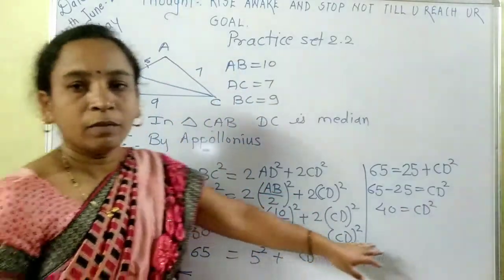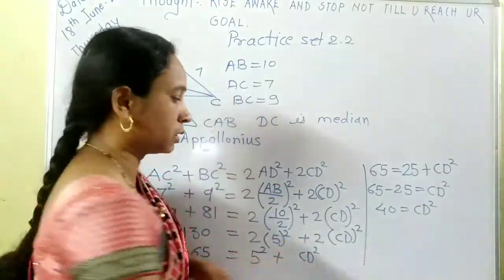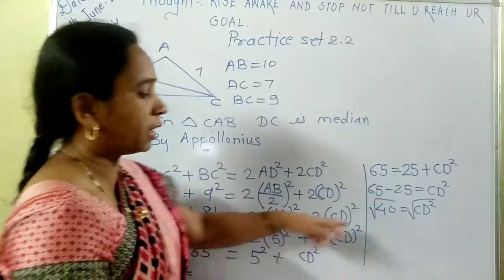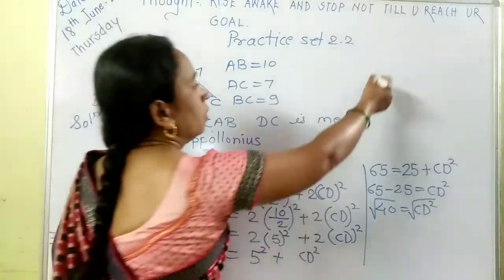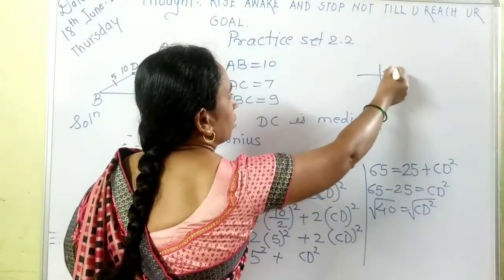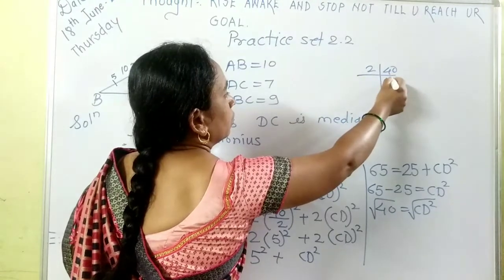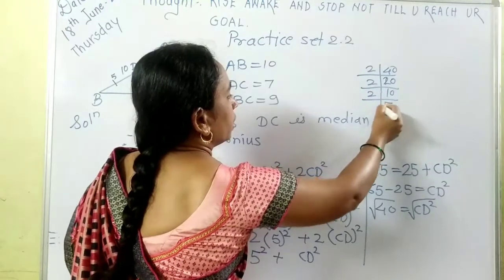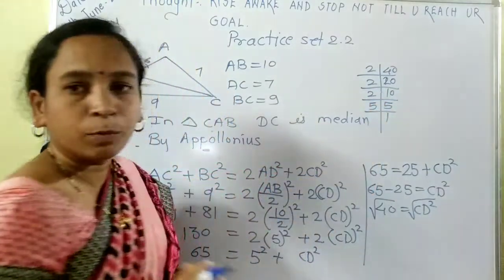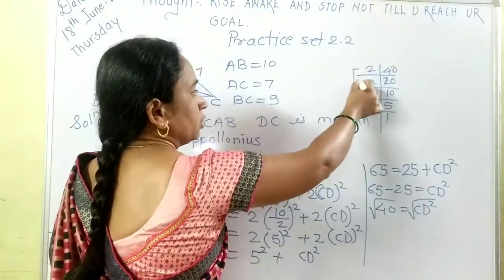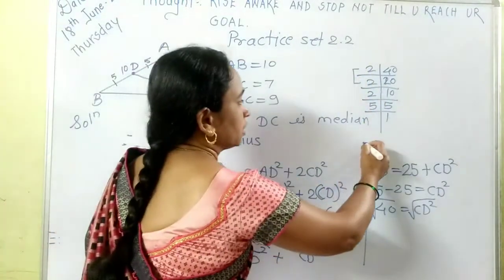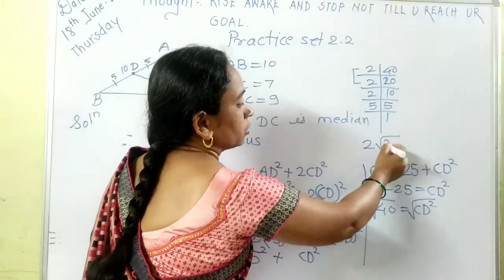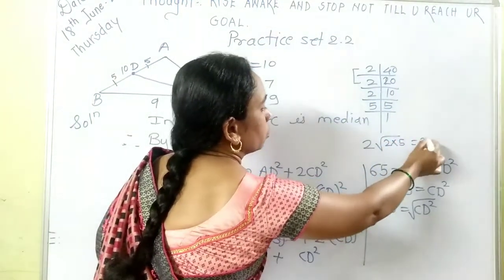Now we have to take the square root of both sides. So in this case, how do we find the square root? Here we will simplify by using factorization. 40 is 2 times 20, 20 is 2 times 10, 10 is 2 times 5. If you make pairs, we get a pair of 2's. So the simplification of this is 2 multiplied by root 10, that means 2 root 10.